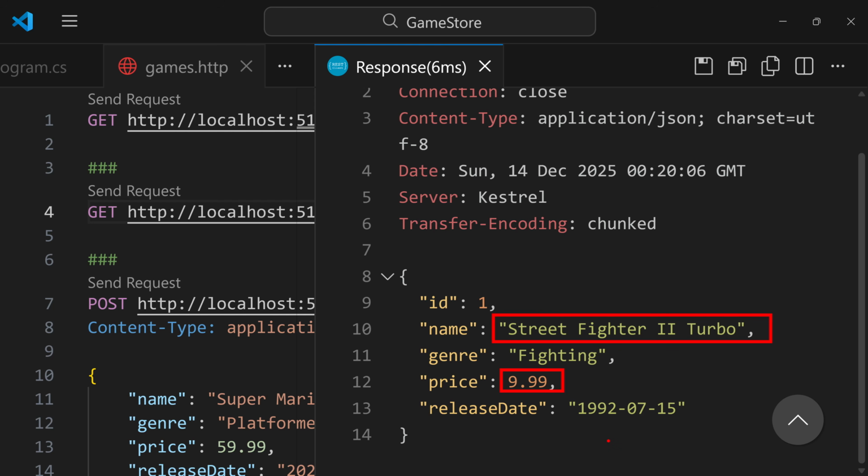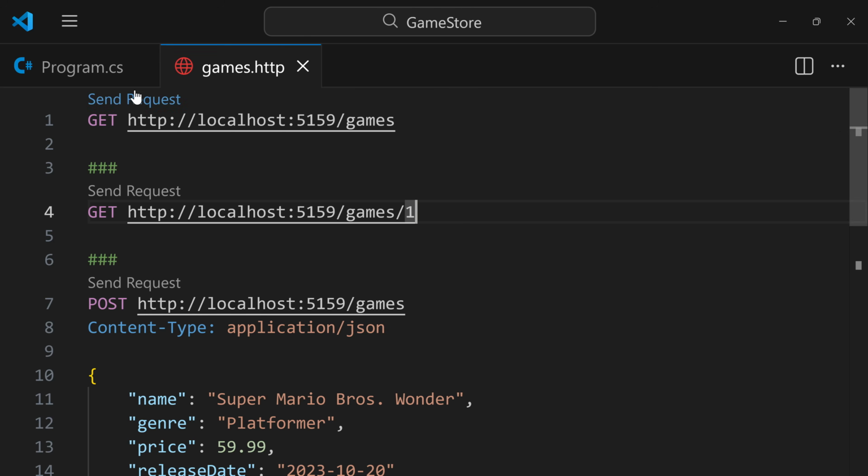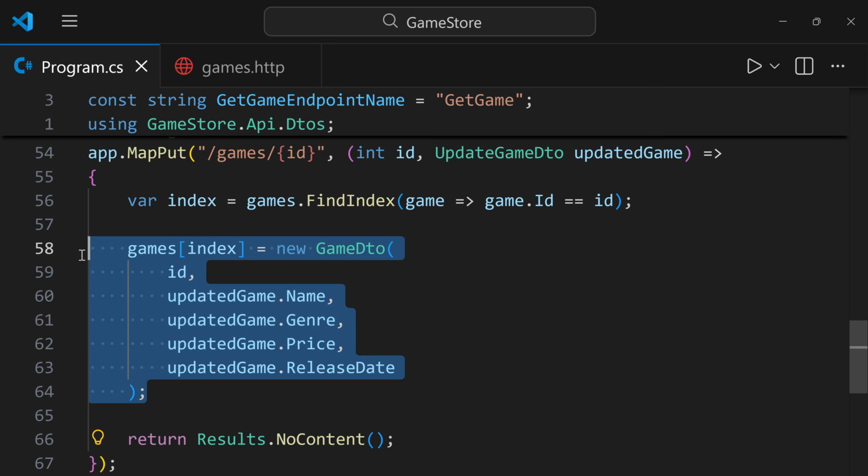Now, there's one thing to keep in mind with this update or put endpoint. So let me just close this and stop my server for a moment. Let's go back into program.cs. And the thing is that there could be multiple put requests being sent into our API and trying to make this modification at the very same time,